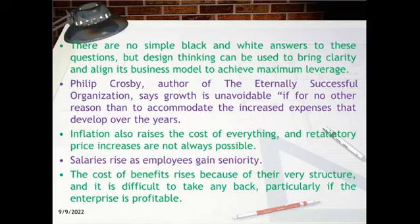Philip Crosby, author of The Eternally Successful Organization, says growth is unavoidable if for no other reason than to accommodate the increased expenses that develop over the years. Inflation also raises the cost of everything, and retaliatory price increases are not always possible. Salaries rise as employees gain seniority. The cost of benefits rises because of their very structure, and it is difficult to take any back, particularly if